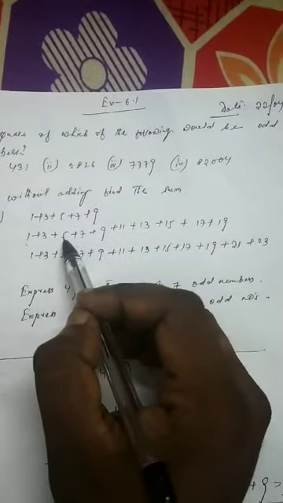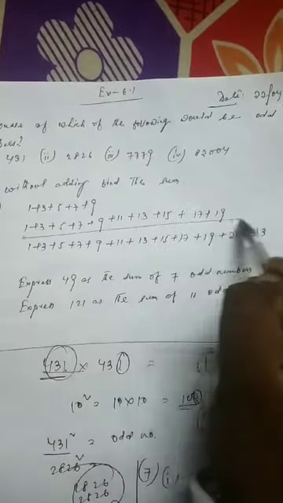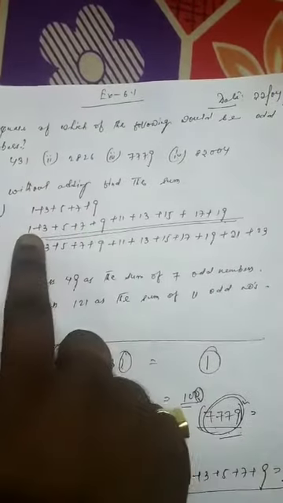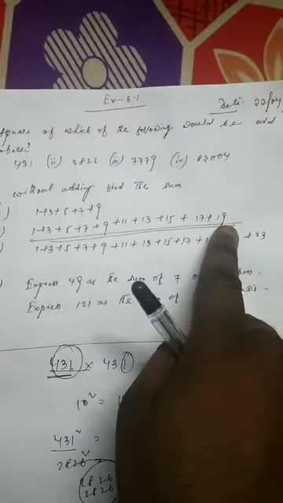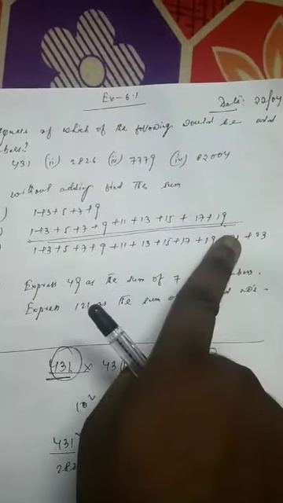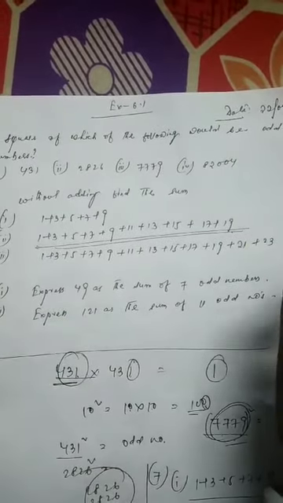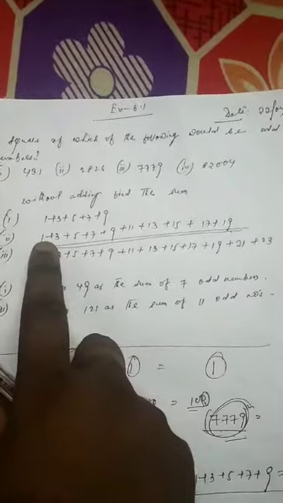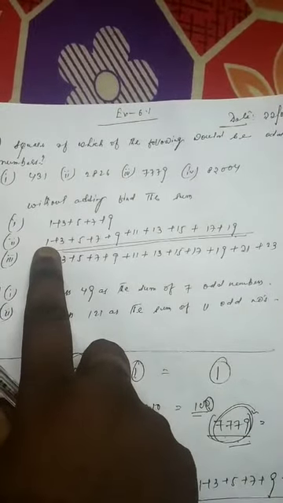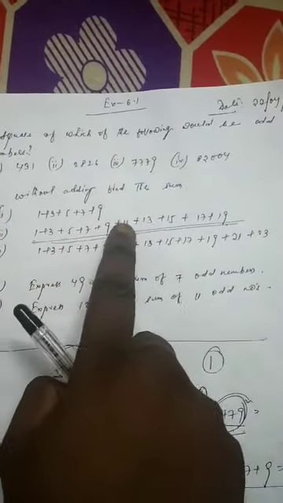Here once again, the numbers have been taken in consecutive ways: 1 plus 3 plus 5 plus 7 plus 9, and so on. After 1 is 3, after 3 is 5, after 5 is 7, like this till 19. Children, if you want, you can add these numbers and get your answer, but what is suggested is to get the sum without adding them. The process is to first count how many odd numbers are written: 1, 2, 3, 4, 5, 6, 7, 8, 9, 10. There are 10 odd numbers.